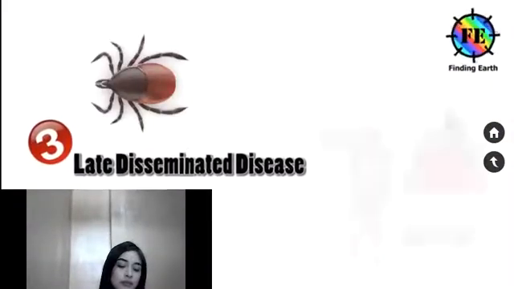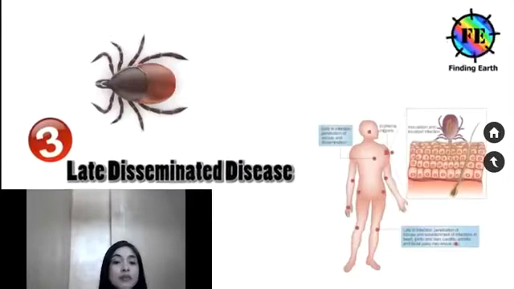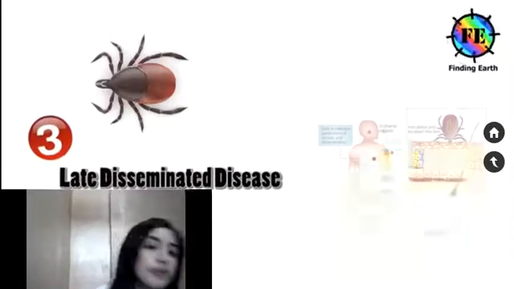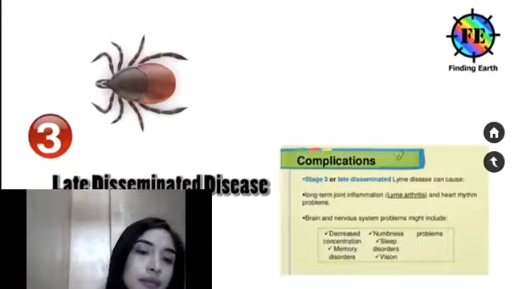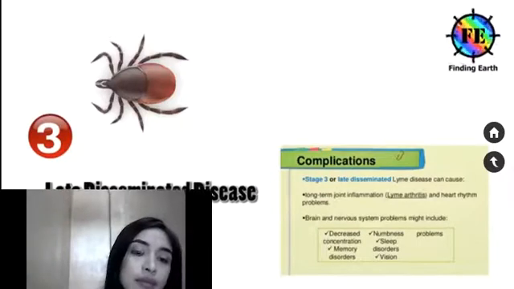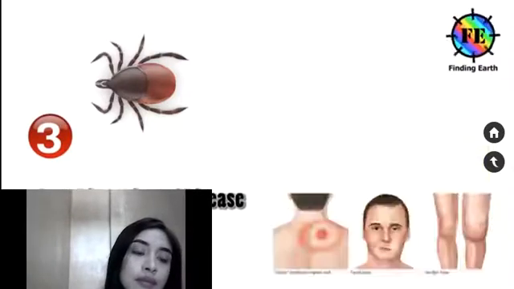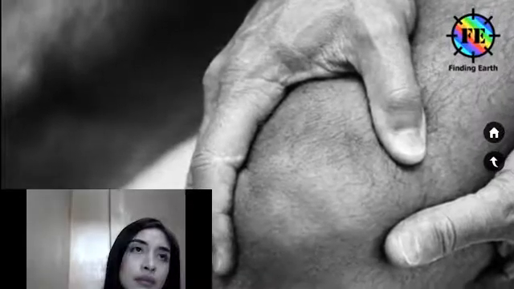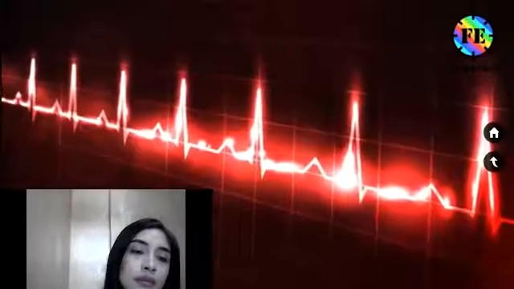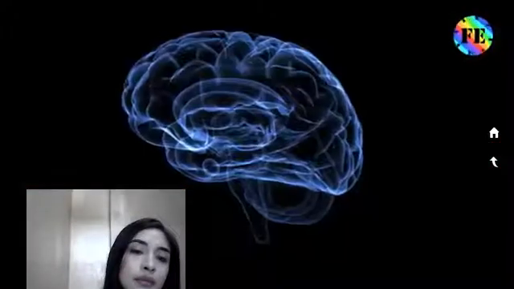Stage 3. Late disseminated Lyme disease. Late disseminated Lyme disease occurs when the infection hasn't been treated in stages 1 and 2. Stage 3 can occur weeks, months, or years after the tick bite. This stage is characterized by severe headaches. Bouts of severe joint pain and swelling are especially likely to affect your knees, but the pain can shift to other joints. Heart problems such as an irregular heartbeat, brain disorders, encephalopathy involving memory, mood, and sleep. Short-term memory